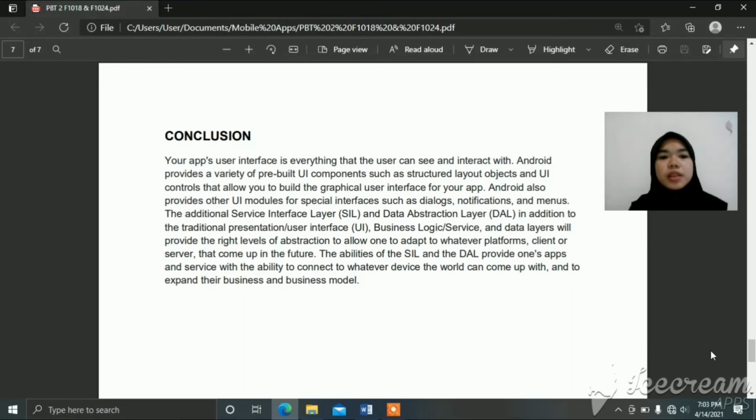Conclusion: your app's user interface is everything that the user can see and interact with. Android provides a variety of pre-built UI components such as structured layout objects and UI controls that allow you to build the graphical user interface for your app. Android also provides other UI modules for special interfaces such as dialogs, notifications, and menus. The addition of a service interface layer (SIL) and data abstraction layer, in addition to the traditional presentation user interface,